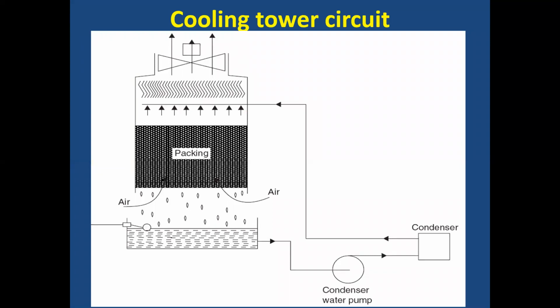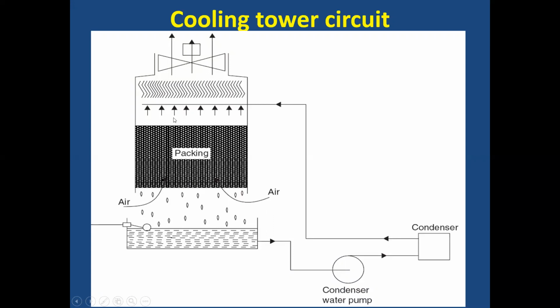This is a basic circuit of a cooling tower which is being used. So this is a cooling tower. The water from the condenser, when it absorbs heat from the refrigerant, is made to flow through this cooling tower. It is generally sprinkled over the water distribution system in the cooling tower from the top. Then it is made to flow over these packing units where the water comes in contact with the air, and the time for the cooling is also provided because of these packing units. And the air is moved in